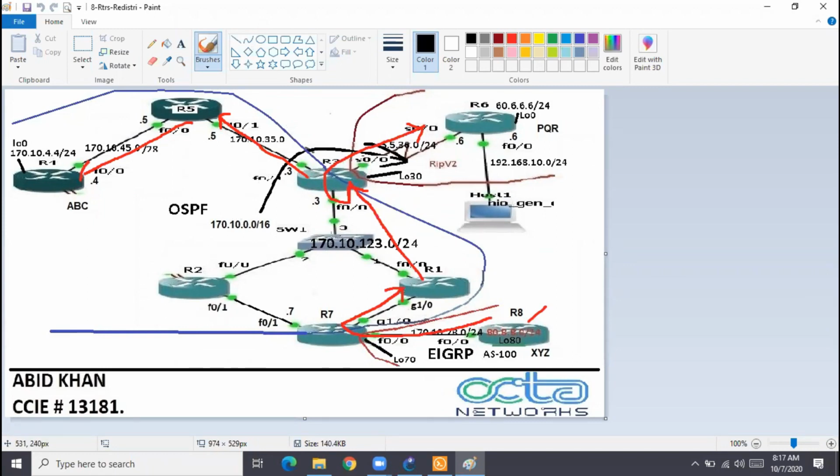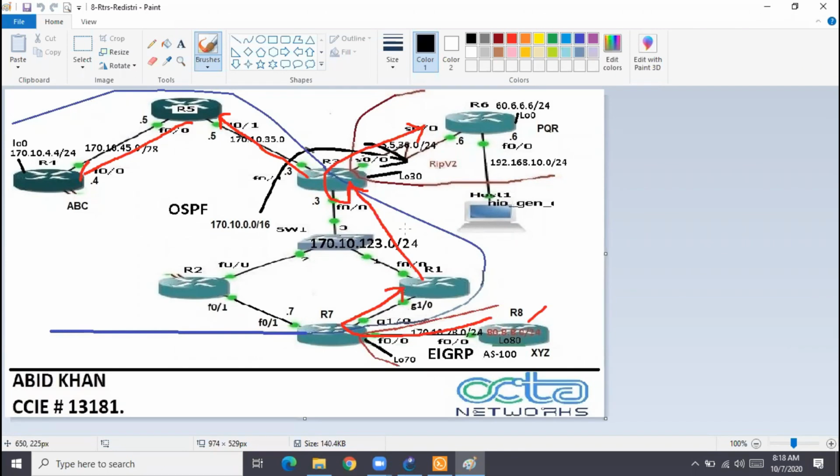But what is the point now? Again, see R7 and R4. Between R4 and R7 there are almost 3 routers, 3 hops. But if R7 is advertising 20, it appears on R4 as 20. If R7 is advertising 100, it appears as 100 on R4 still. That means once the redistributing router sets the metric, it remains fixed, and that's the reason this is called External type 2. External type 2 basically means fixed metric, fixed cost.